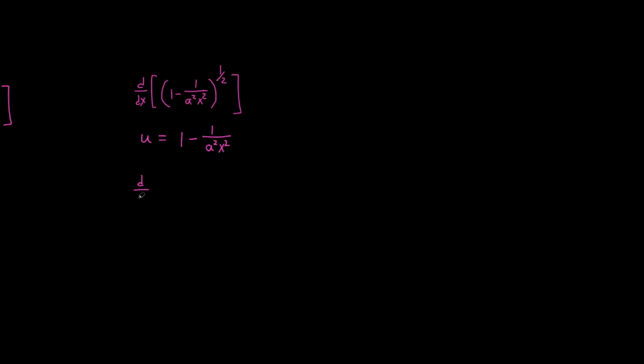And now d/dx of u to the 1/2 power, and we can use chain rule here, so we'll say du/dx times du, and then the derivative of u with respect to x, du/dx, is going to be equal to the derivative of 1 is going to be 0 minus the derivative of, let's rewrite this as ax to the negative 2, and then,